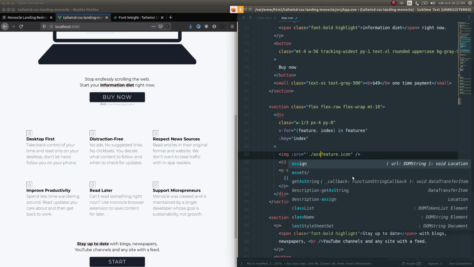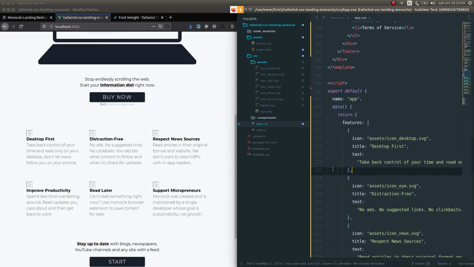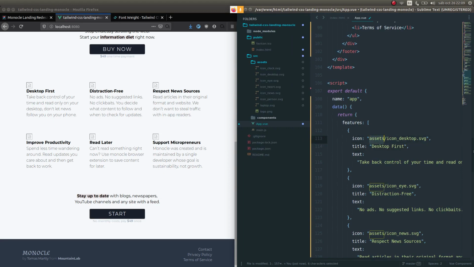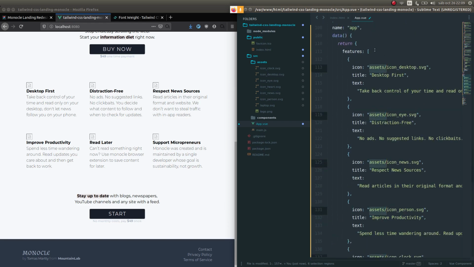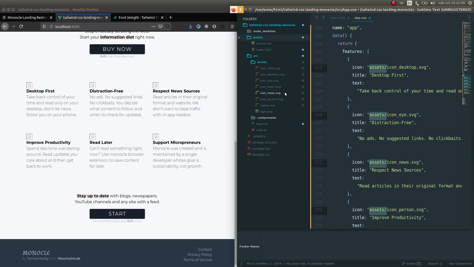Let's fall back to having everything right here. Did I mistype anything? Assets, double S. Okay, I think I found the issue. I think it's related to Vue building these at runtime, and at runtime we only have this folder. Since this is dynamic and it tries to look for the assets folder, it's not there because the run server runs in this context. So let's try and build a new folder here, images,